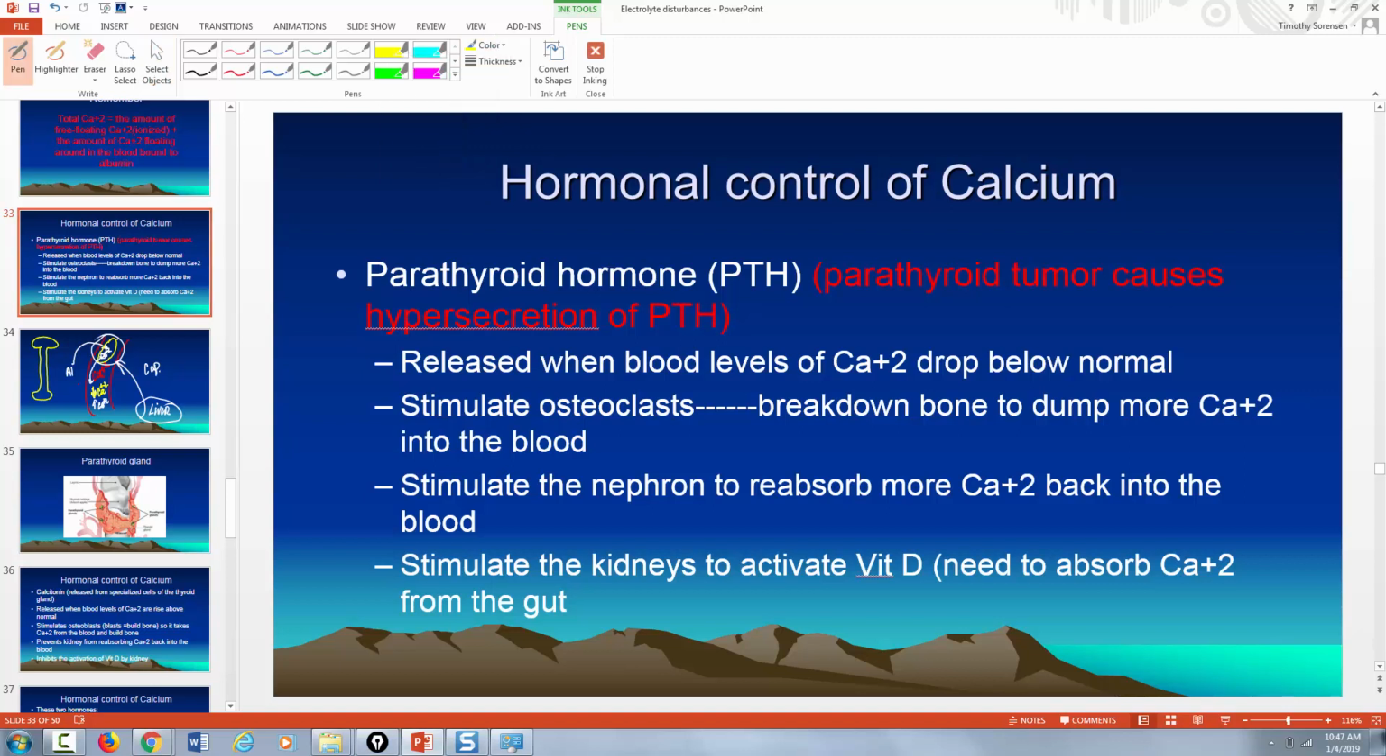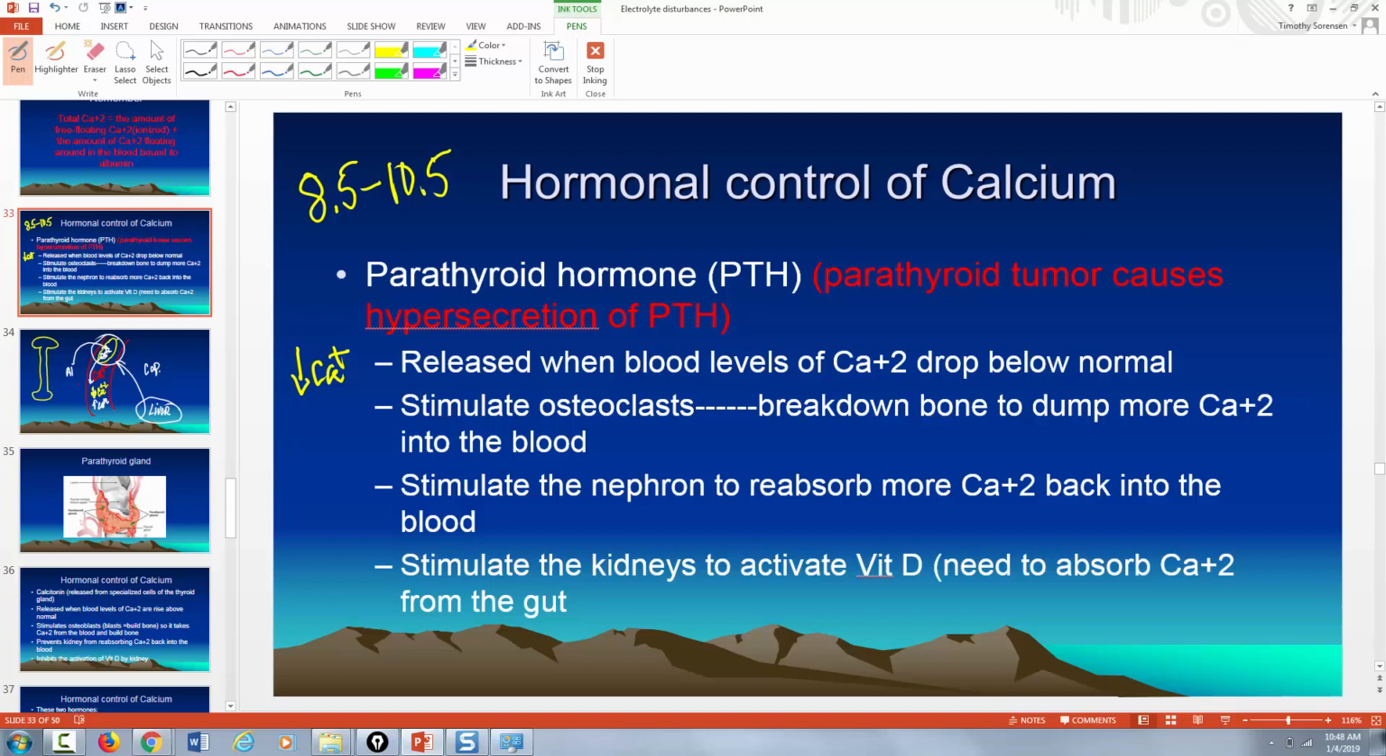Parathyroid hormone is released when the blood levels of calcium drop below normal. Now watch. If your blood levels of calcium are lower than normal, and the normal blood levels of calcium are 8.5 to 10.5. Now labs will vary, but not by much. So that's a pretty narrow range. So if your blood levels of calcium drop below 8.5, what do you want to do? You want to bring up that calcium level back to homeostasis. So